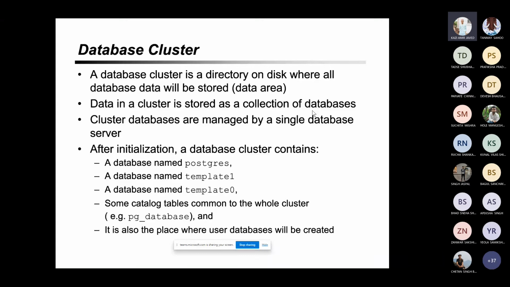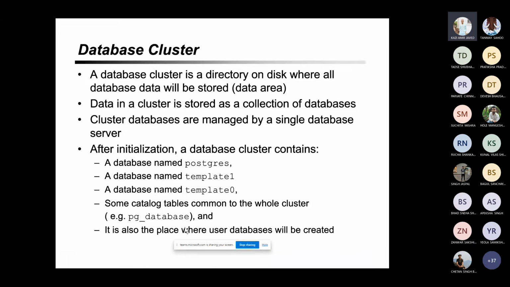After initialization, when you install or create a cluster, a database cluster contains 3 standard databases: postgres, template1 and template0. It will have some catalog tables common to the whole cluster, like pg_database. If we access it from any database, it should show the same result.